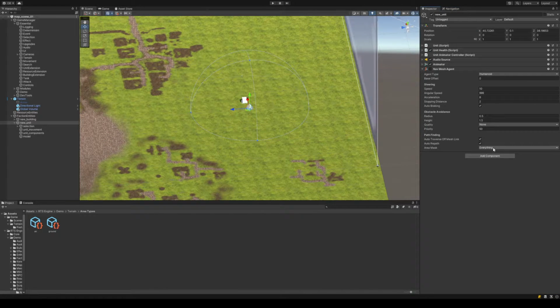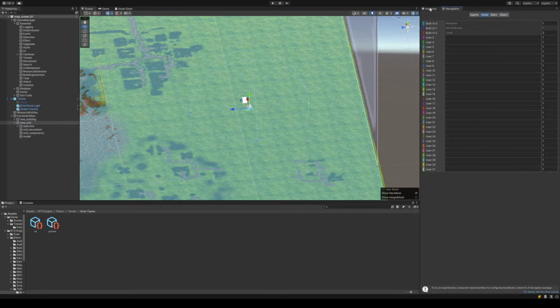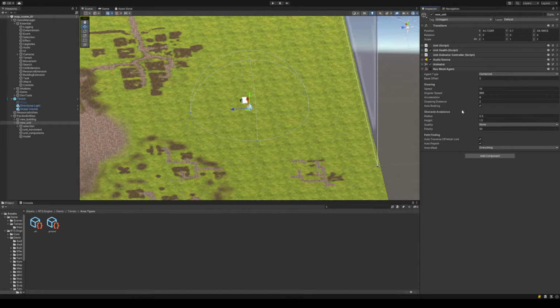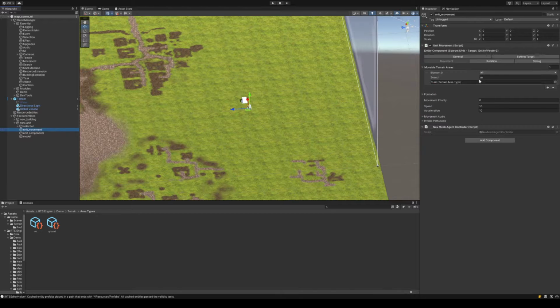But even in that case, even if the navigation mesh agent would allow the unit to move throughout the built-in areas, or the areas that are defined by the mesh that are not defined by the RTS engine, it should not allow that movement anyway. So, for example, if we take off the walkable here and then have it with the air,